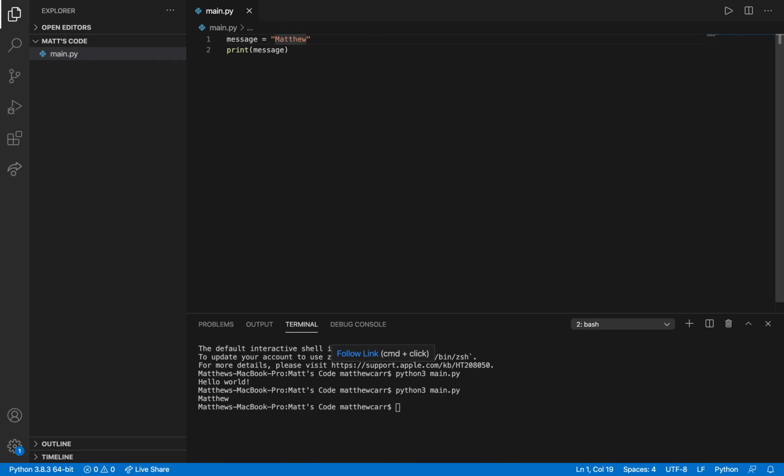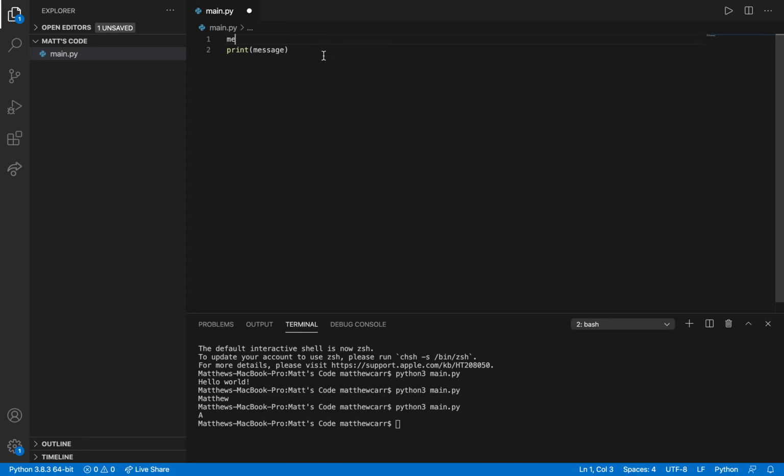And let's see. So if we wanted to make message a character variable, I'm going to do single quotes, capital A, and save your changes before running the code, or else it won't run the code with the new changes. So similar to how if you're writing a Word document, like an essay, you save your changes and then you send it to your teacher or professor. So, okay, I'm going to run this, and we get capital A.